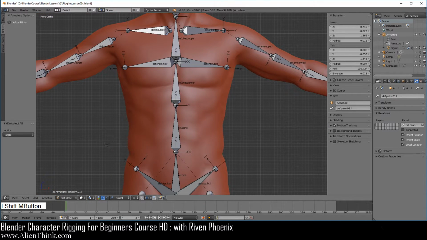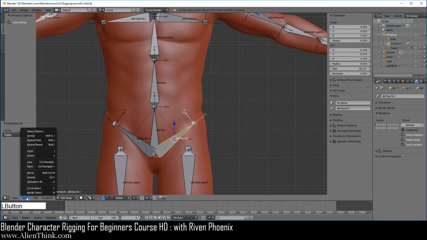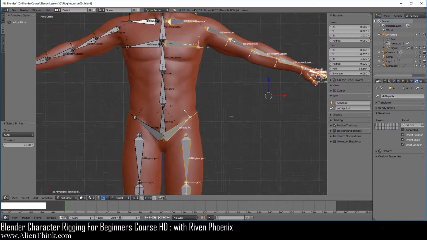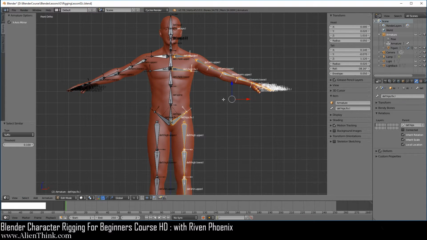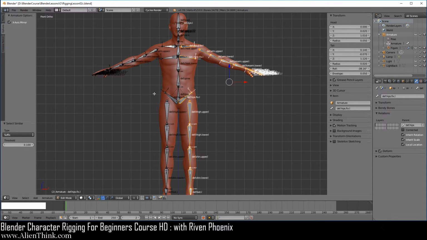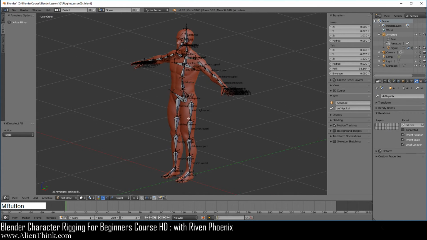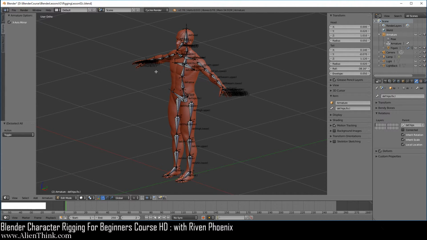Now what we want to do, you can notice that in edit mode we have the x-axis mirror enabled. So of course we're just going to click over here, and if we go under select, go to similar, we can select by suffix. It's going to select all the bones on the left side. Now to make sure that all the bones are going to be adjusted correctly on the right side without moving your mouse, press the G key and press the enter key, and that's it. A to deselect. Now all the bone rolls will also match on the other side.